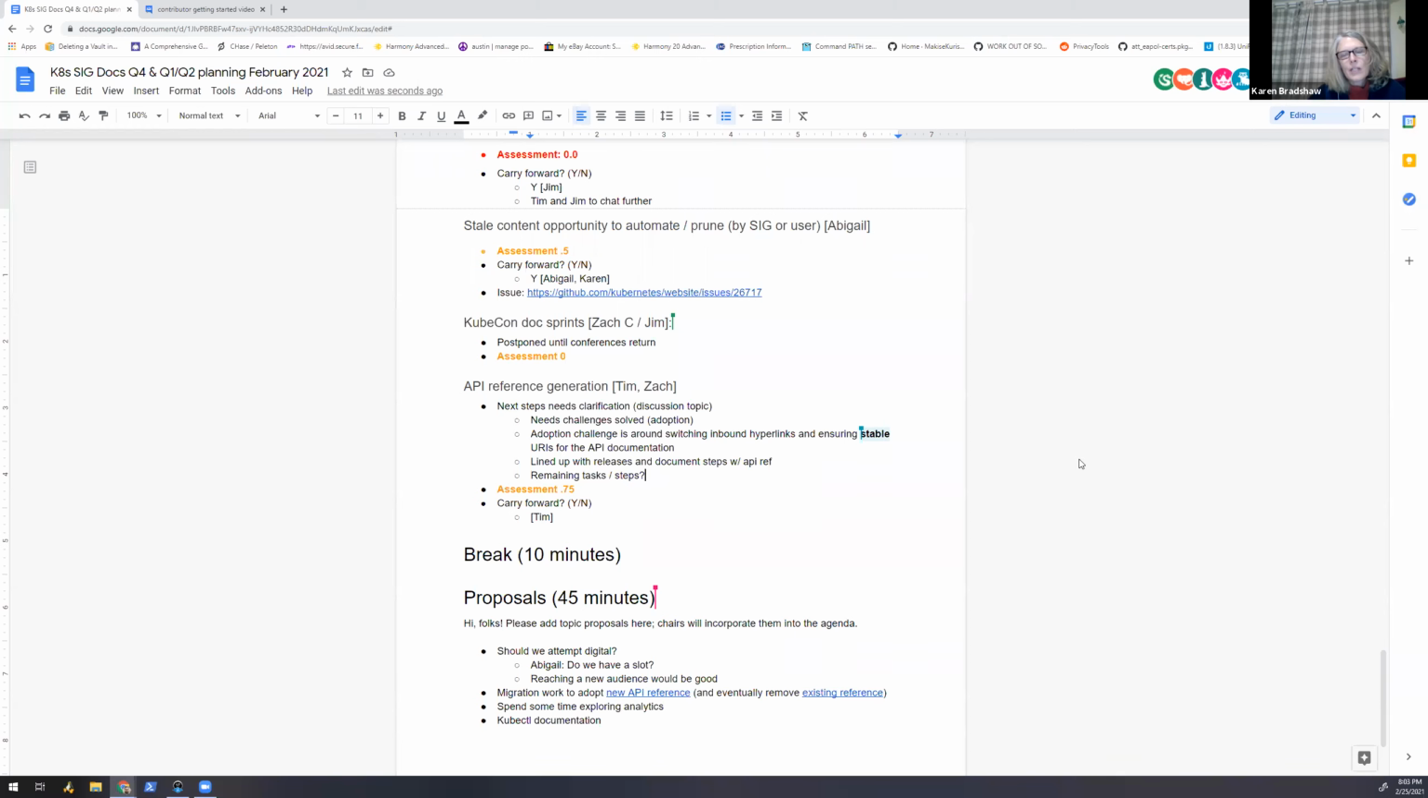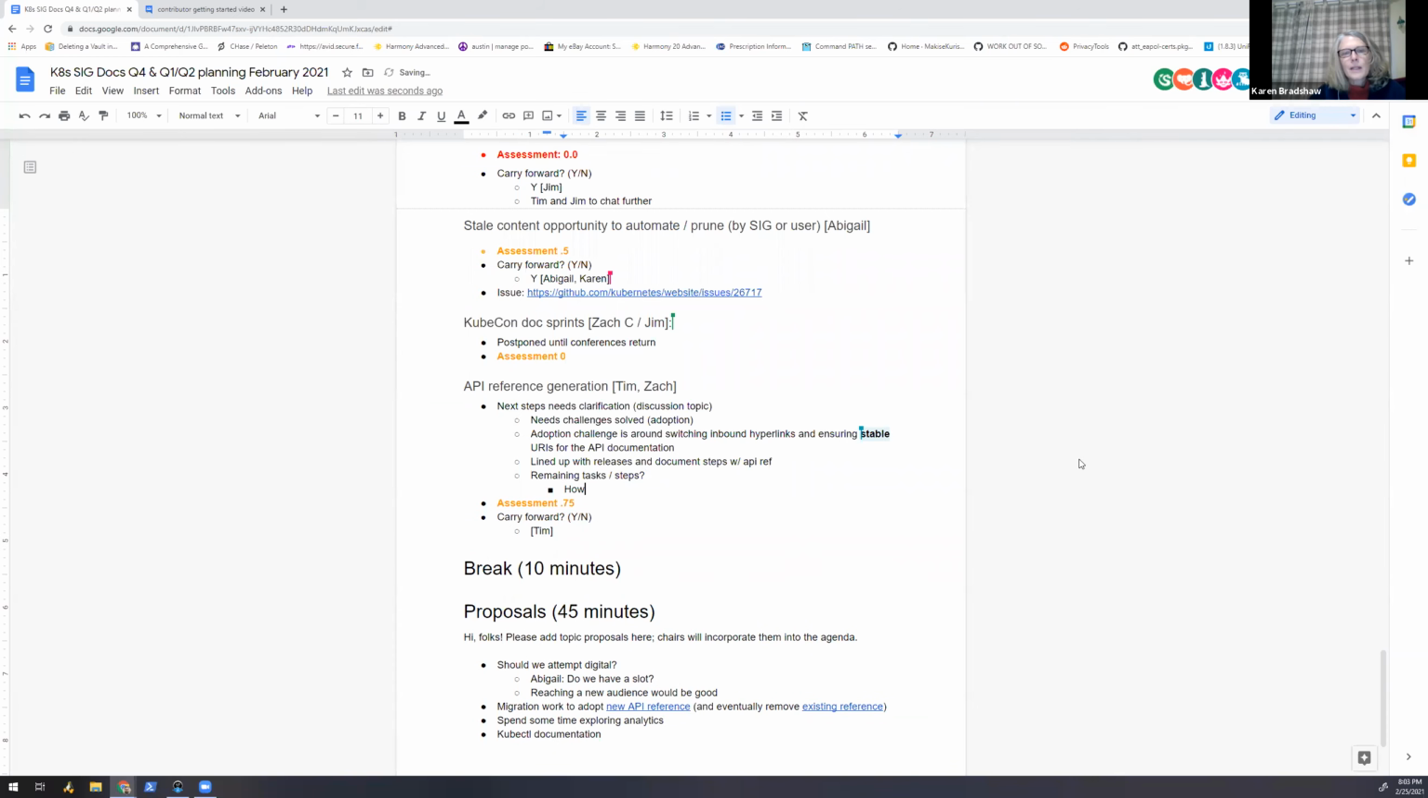I think there's another challenge as far as maintaining. We said there would be some overlap between the original reference documentation and now this new one. And so we need to have a plan as to how we're going to phase it out. Maybe I missed the discussion earlier on, I don't know, but